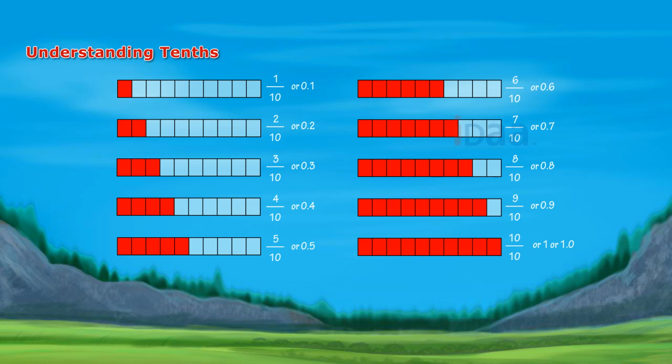Here are 10 strips. Each is divided into 10 parts. Look at the colored parts of each and the fraction it indicates. If all the 10 parts of the strip are colored, what fraction does it represent? How do we represent it? It is nothing but a whole strip. So, we write it as